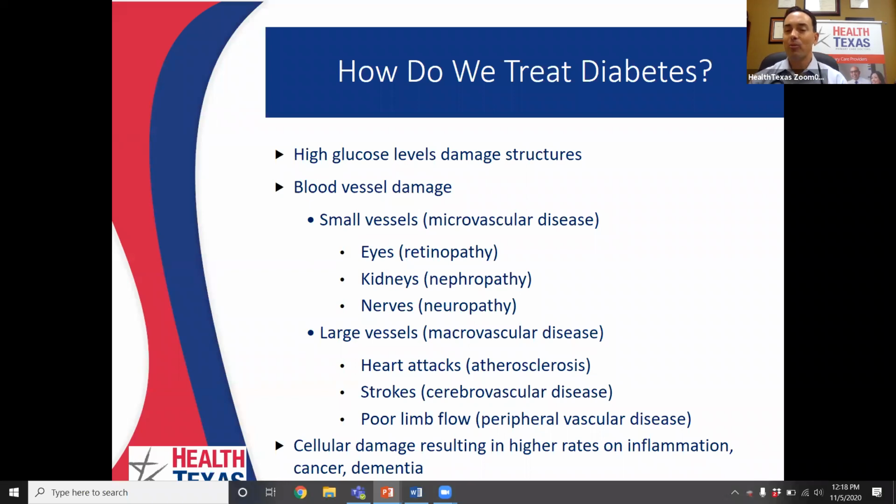Thank you. So if we then look at the large vessels, or what we call macrovascular disease, we really are talking about the big vessels that supply the heart, the big vessels that supply the brain, or the bigger vessels that supply blood flow to the extremities, upper and lower. And so we think about this in the form of heart attacks, strokes, and peripheral vascular disease, we call it, respectively. So diabetes increases your risk for all three of these conditions, anywhere from 3 to 10-fold, depending on the